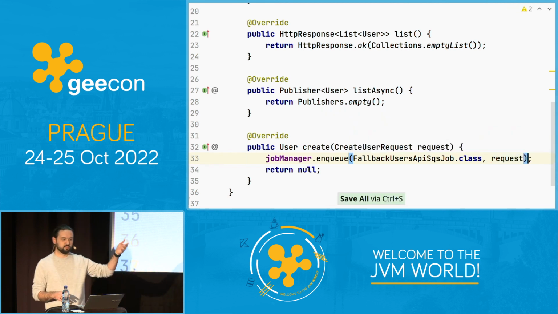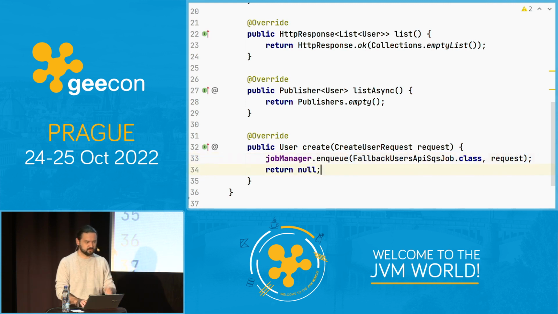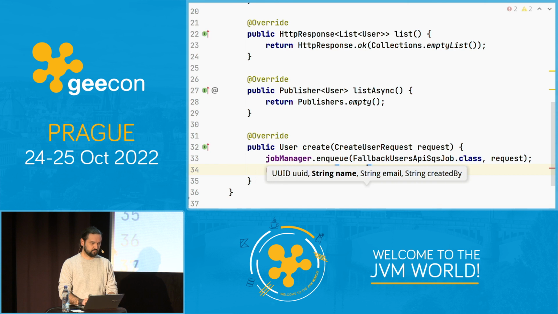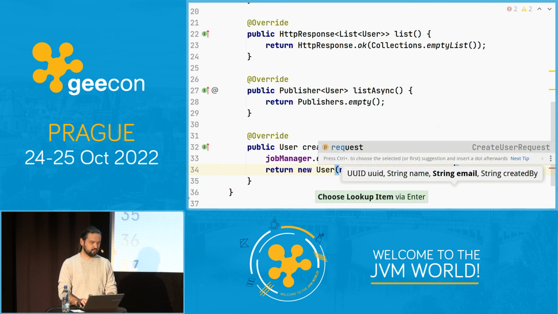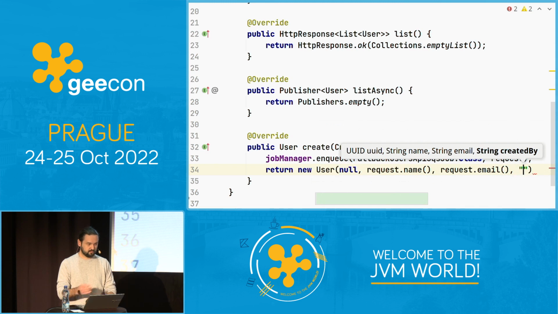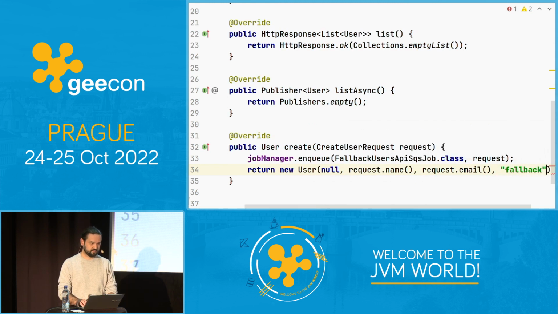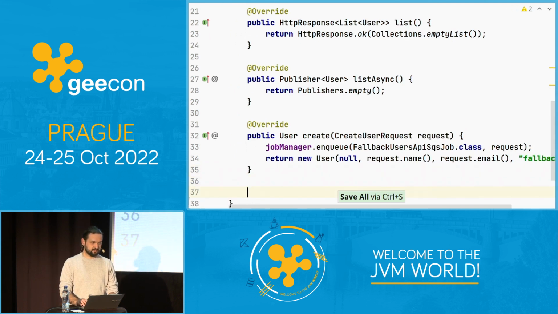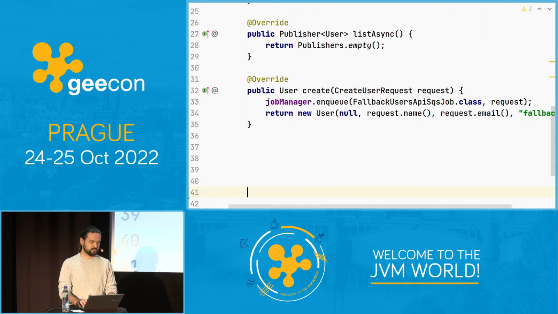And now this fallback users API SQS job also defines the target queue for this, right? And here I will just return a user which has no UUID, which takes name from the request, which takes email from the request, and for created by, I'm going to add fallback, just so that we know that this user was created by a fallback. Last thing, if it comes to this happy path use case,